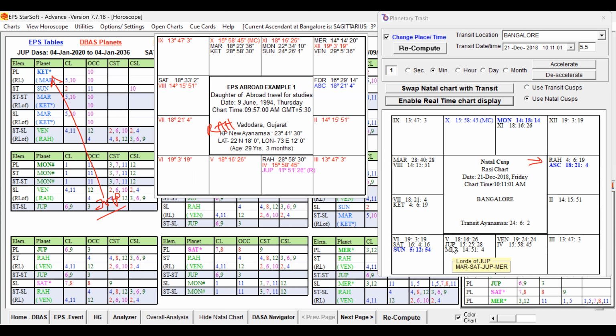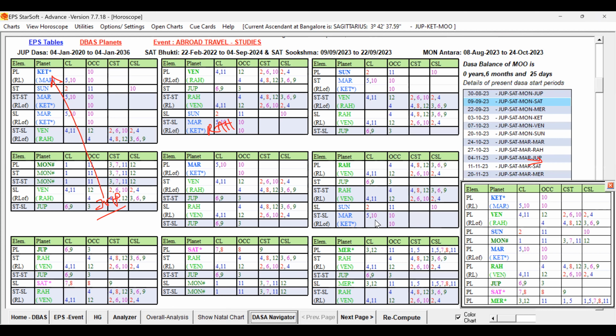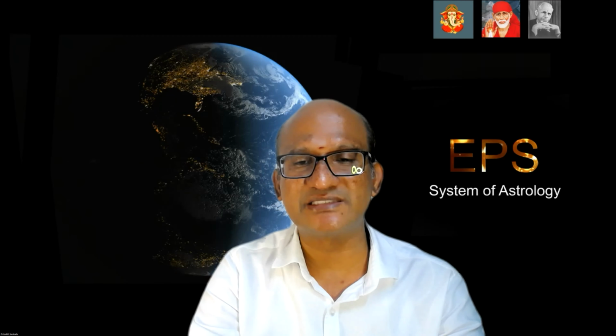Also Jupiter is aspecting Rahu, and aspecting the Lagna also, they are all adding supports. So it means that the transit can give additional supports like support planets. But what is important? Important is finding the Dasa Bhukti period. So that we have already studied with the help of the key planets, and we will see in the next example with a different case. Good luck.